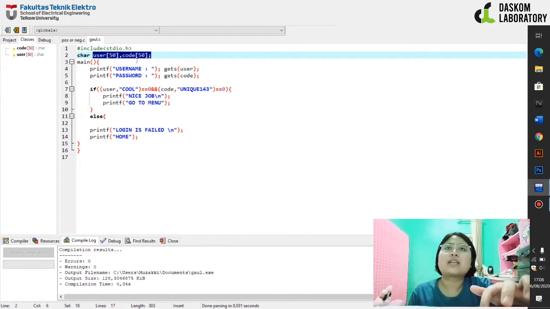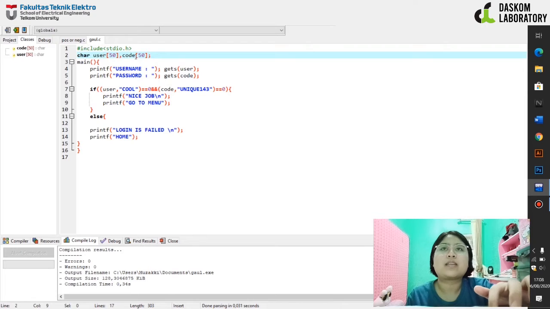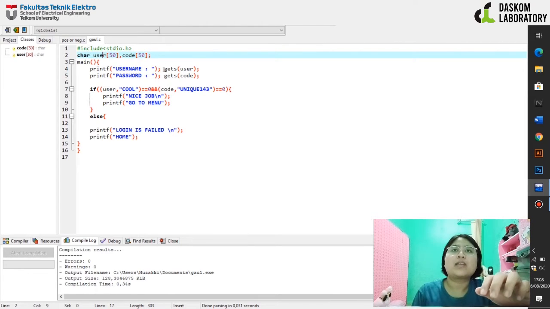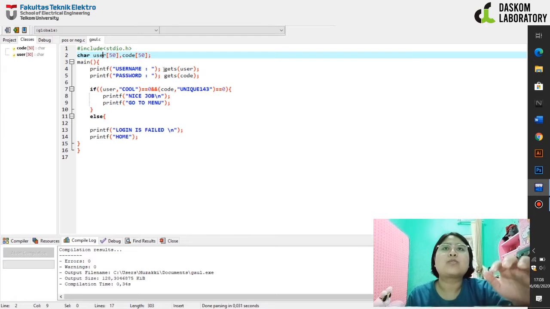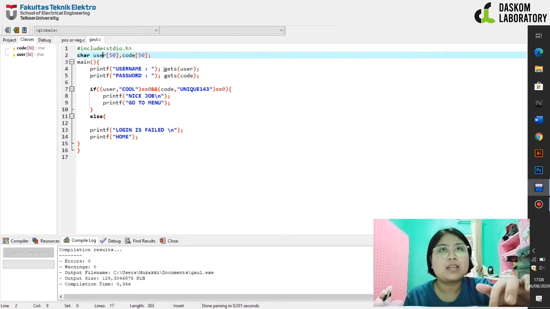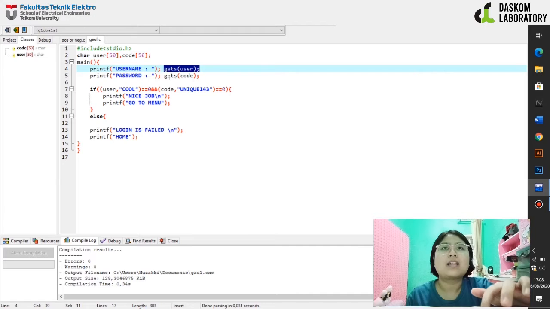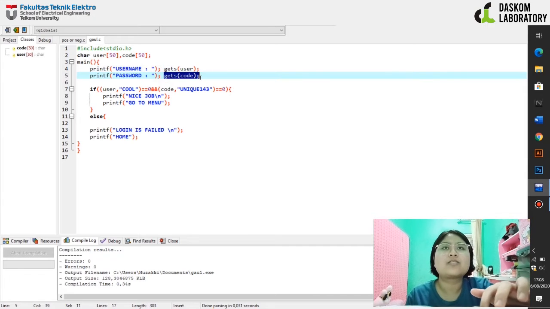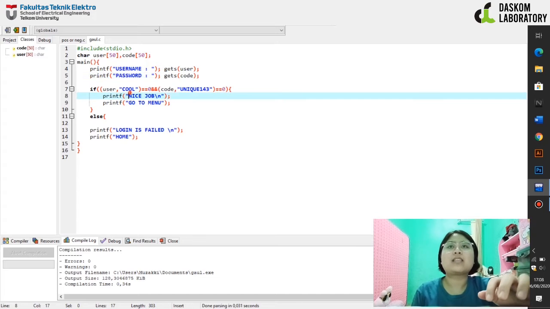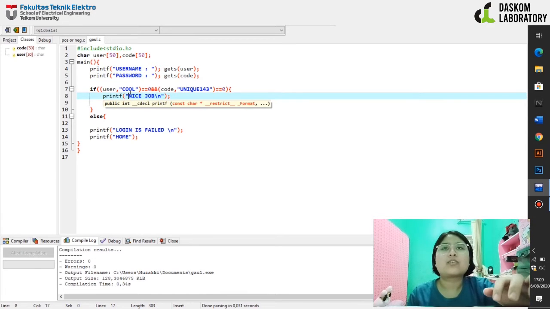Okay, in here there is a declaration for a string in C program like this: user 50, code 50. For input of the string we cannot use scanf, but we should use gets. You can write like this: gets user, gets code. Okay, in here we have set the username and password. For username cool and password unique